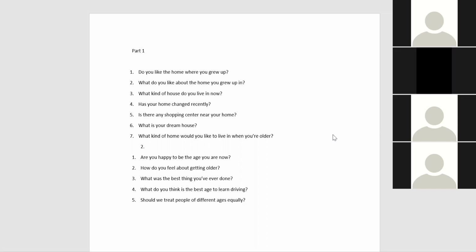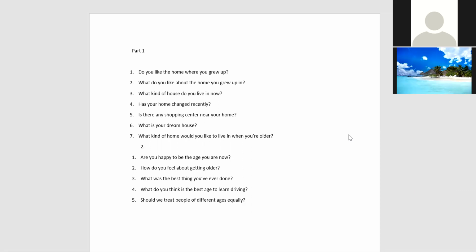After 3 years. Is there any shopping center near your home? Yes, there is. The shopping center is around 5 minutes driving distance from my home, which is a Westfield. I can also walk there in only 10 to 15 minutes. Exactly, right. Okay, what about other people?